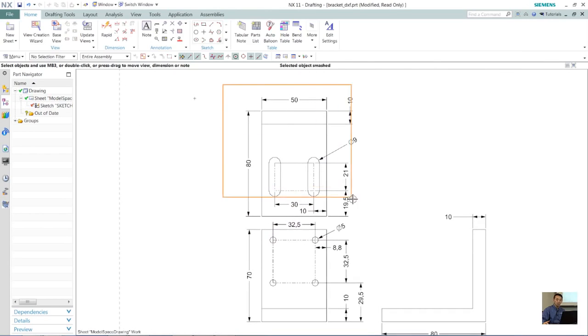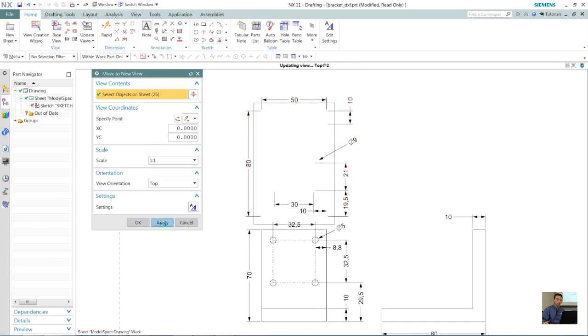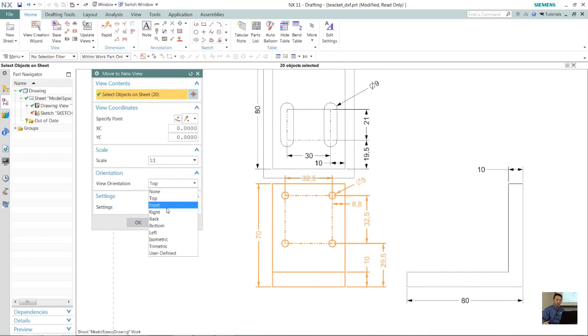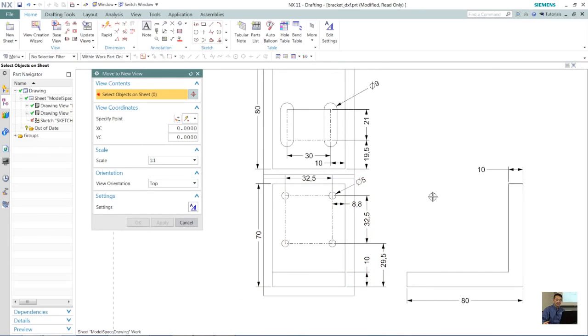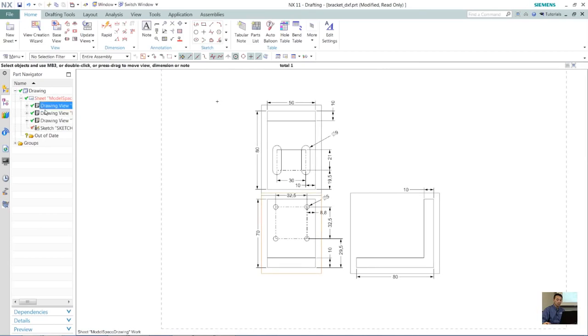We'll go ahead and remove some of those constraints on a single sketch, and then we want to create 3 views from this. We'll go ahead and create a top view. Now we're going after the front view, and then by selecting the third one on the right, we create the third one as well. Okay, so once this is done, we just go ahead and use NX functionality within